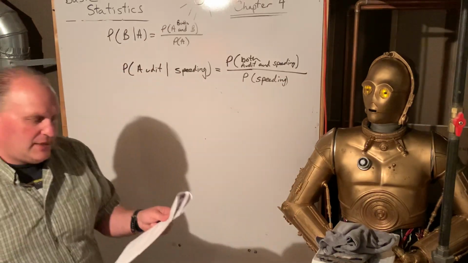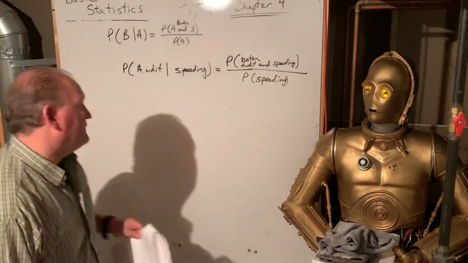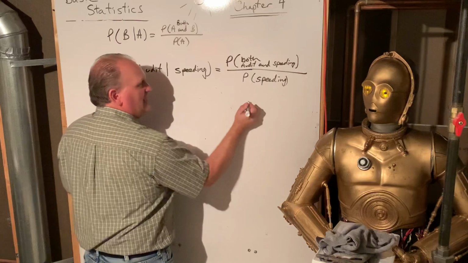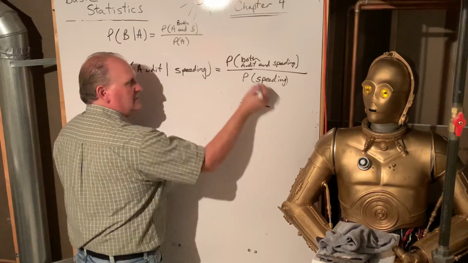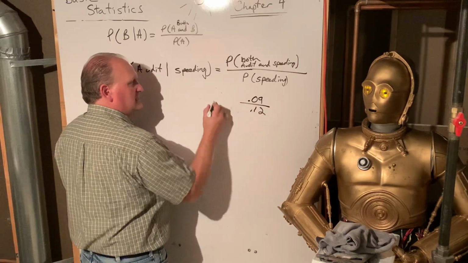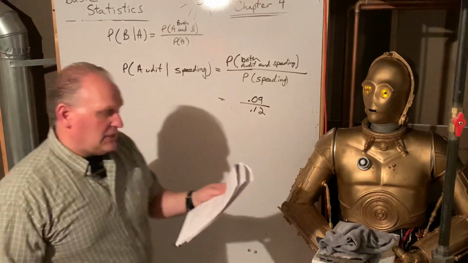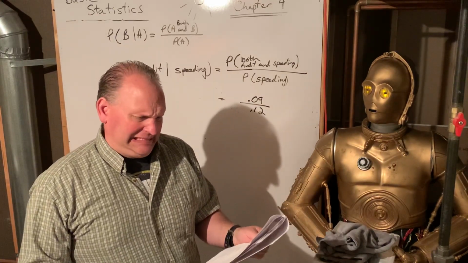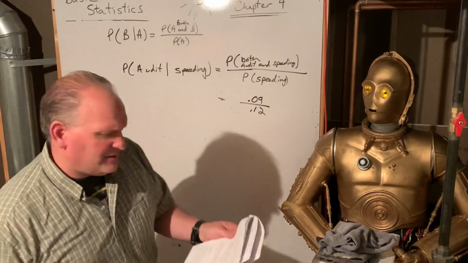Whatever the second one is goes into the denominator by itself. So it's both audit and speeding. They said the overlap of that is 9%, and the chance of getting a speeding ticket is 12%. So you've got a 75% chance,